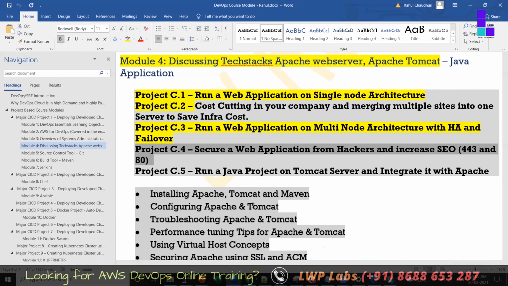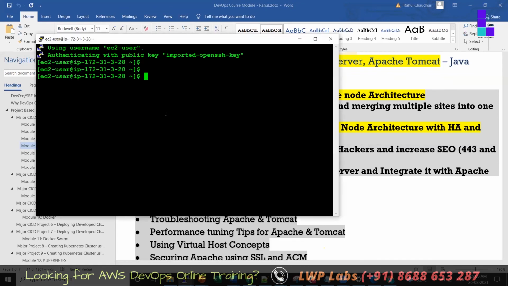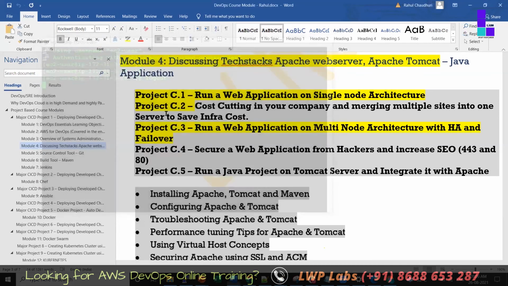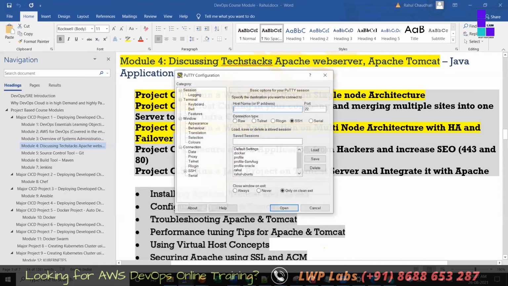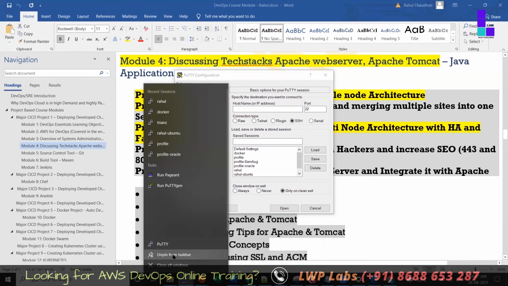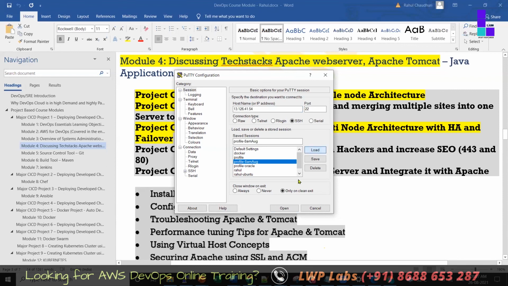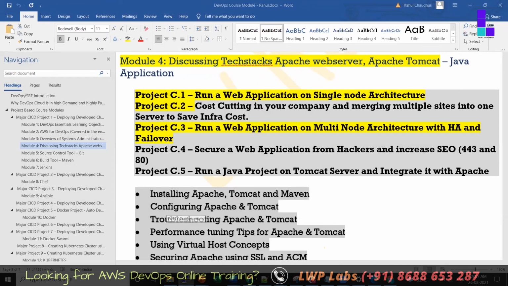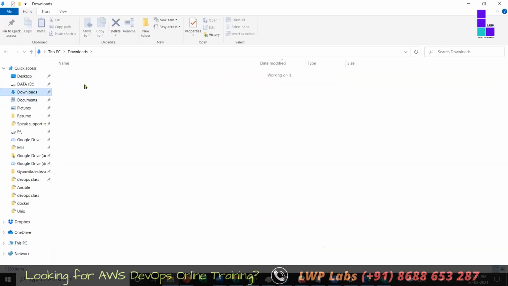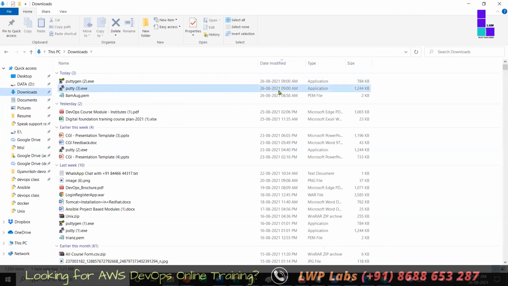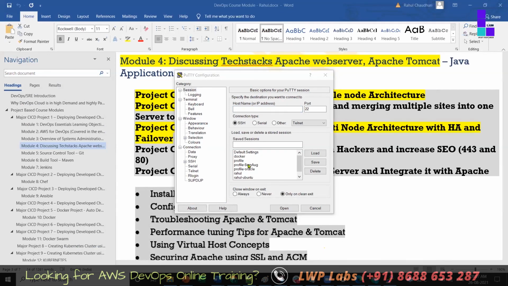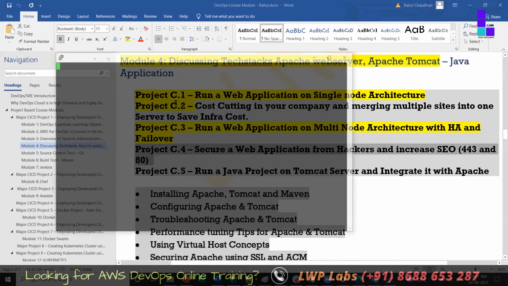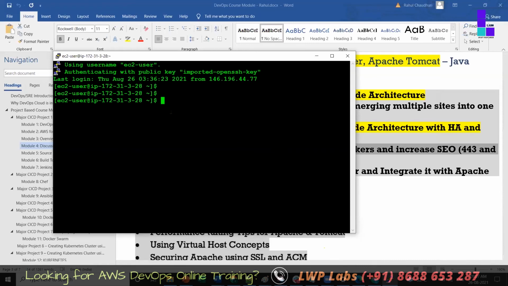We will be automating it once, and next time we don't have to do these things. So now I disconnected this putty. I'll again open putty and pin this putty. Okay, pin, unpin from the taskbar, pin this so that it will always be there. Click on this, load it. This putty is an old version putty. You have to use the new version putty, which we have just now downloaded. And once you do this, pin it. Now you will not get it. Double click on it. So I want you all to do this.